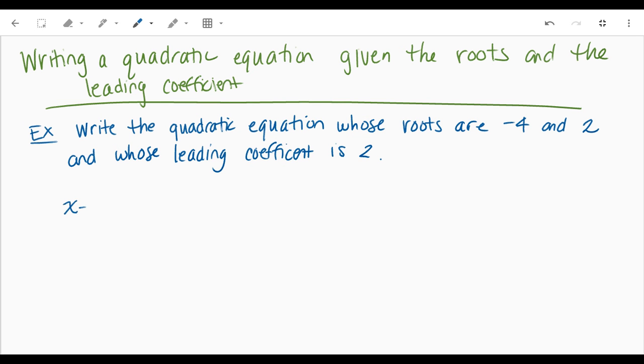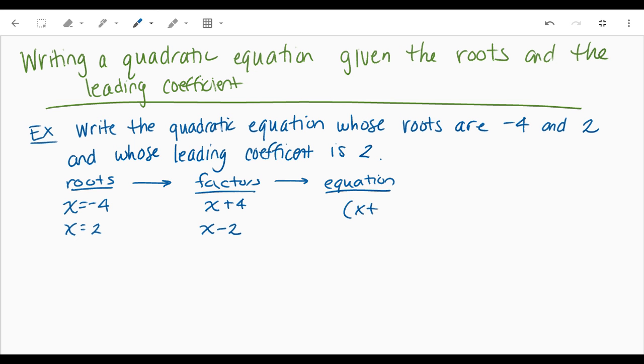We have the roots, x equals negative 4 and x equals 2, which means we have the factors, x plus 4 and x minus 2. Okay, you got to think about what you would add or subtract to those to get to 0, right? In our previous problem, if x plus 4 was a factor, then x equals negative 4 was a root. Okay, so then the equation